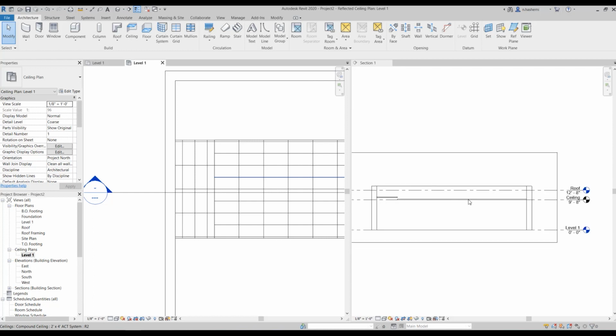So you should choose between these two options. Do you want your ceiling to be an offset of a floor, or do you want it to be independent of a floor and be tied to a ceiling level? They both have their advantages and disadvantages. It totally depends on you and your preferences.